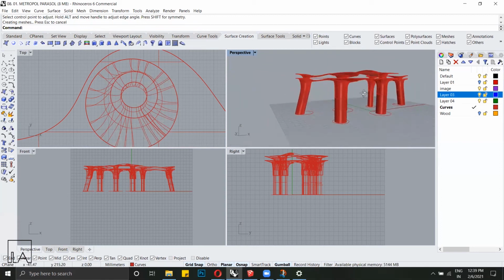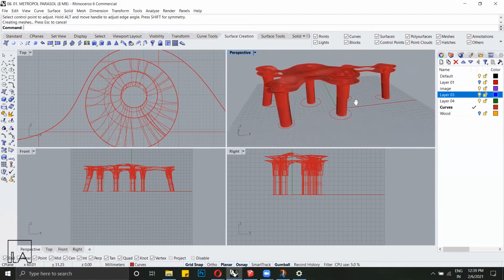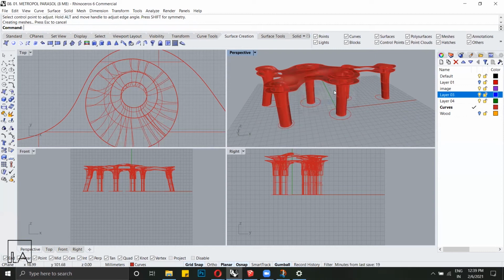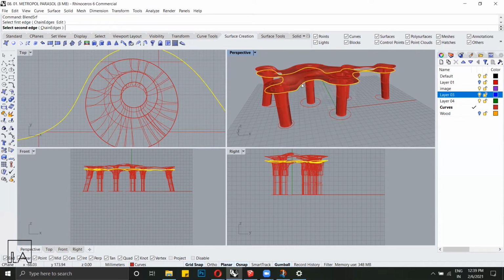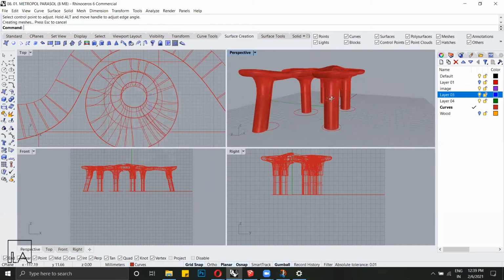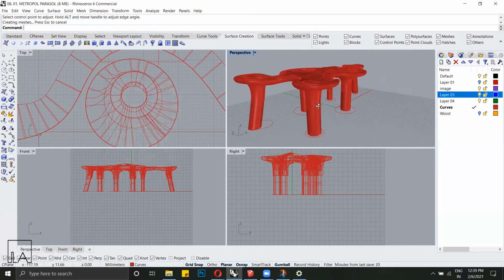So you can see that even the internal ones are done. Now the last thing that I need to blend is the top surface, which is this one, and the bottom surface, which is that one. So I'm going to do blend surface again. Select the outer edge here, outer edge there, hit enter. Then choose the one which would fit the surface most. Hit OK, and now you can see we've got a general shape of what we need.